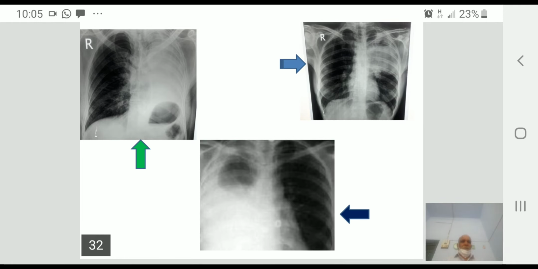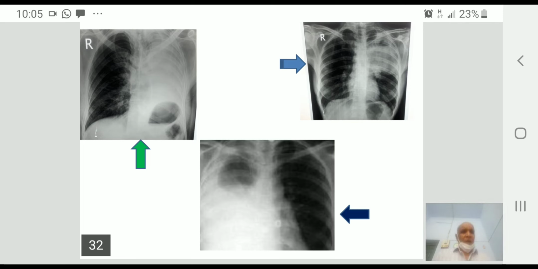Same as we have discussed in the previous chest X-rays. Green arrow shows elevation of dome of diaphragm on the left side with radio dense opacity and trachea on the same side, with lung volume reduction with loss of air. It is due to atelectasis. Blue arrow with no lung volume reduction, so it is due to consolidation.